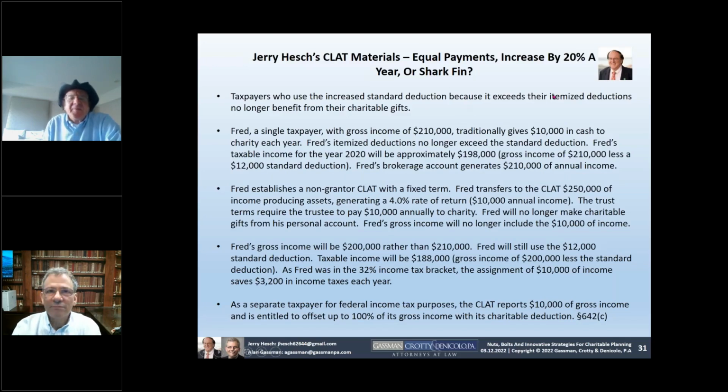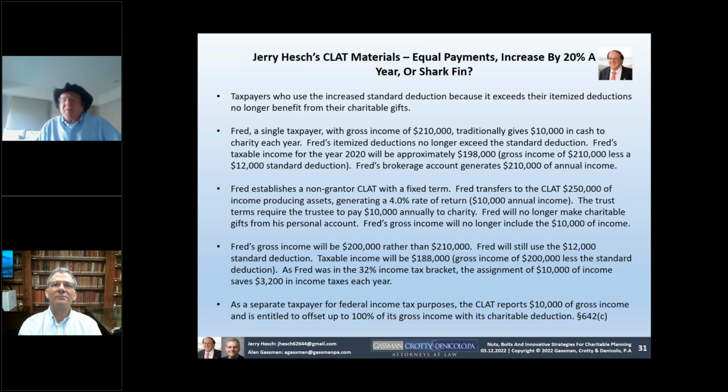Okay. Now, the opposite of a charitable remainder trust is a charitable lead trust. If I put $1 million into a charitable trust, and let's suppose it's my corporate bond that pays $50,000 a year, okay? Now,